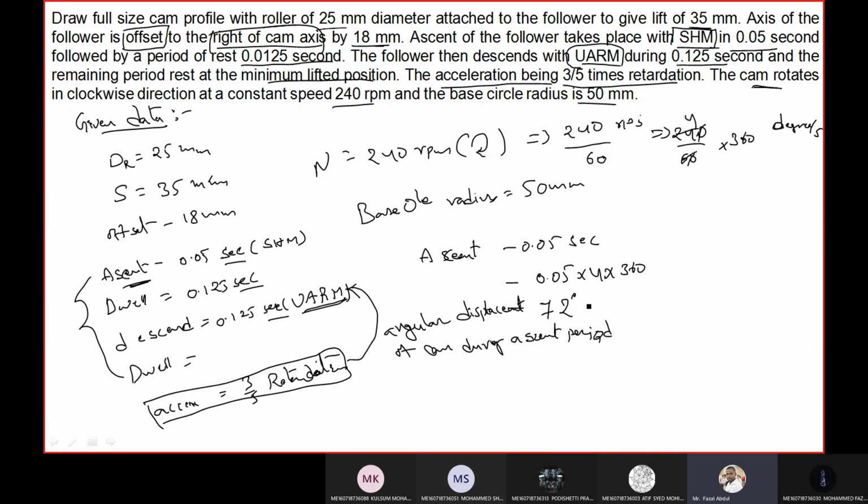During ascent period. So this is the first one, nothing but rising period. Now the second one is a dwell period. The second point is given dwell period. So the dwell period also,